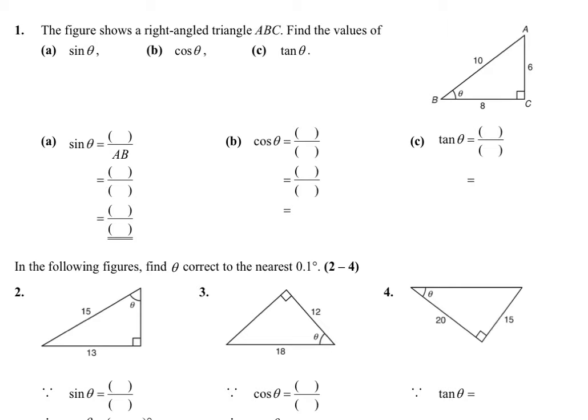So for this part, what you need to know is the slogan for the trigonometric ratios, which is SOH CAH TOA. The important thing is you need to identify the hypotenuse and the opposite side for a specific angle, and also the adjacent side of a